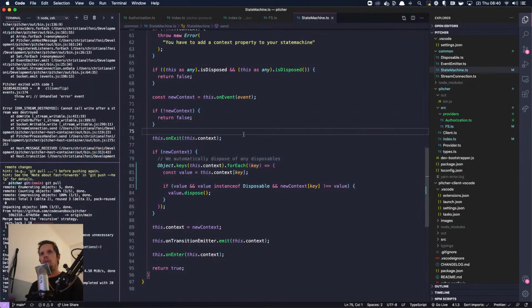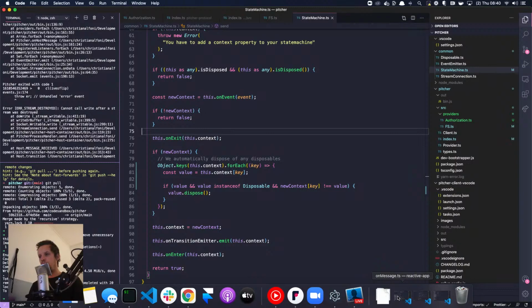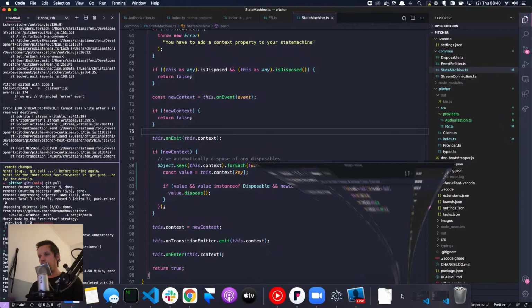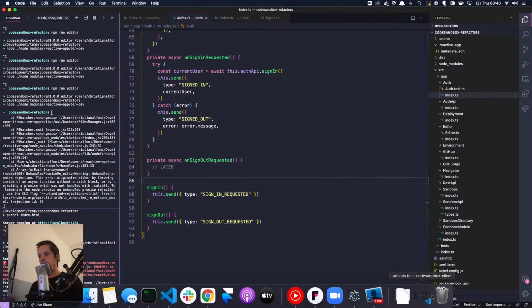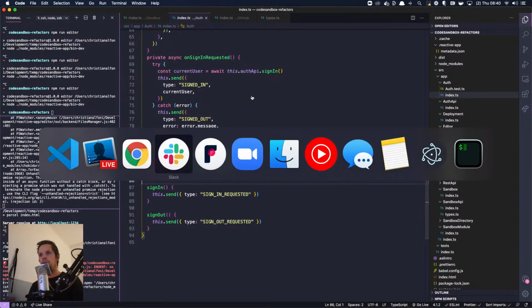VS Code. Reactive app, Codesandbox refactors, and Codesandbox client. Okay, so we talked about